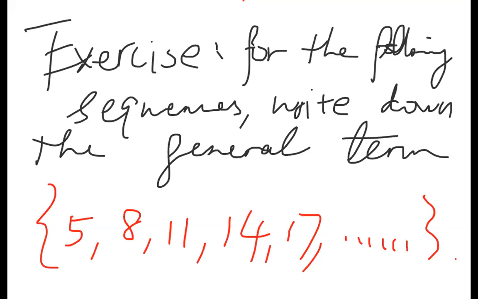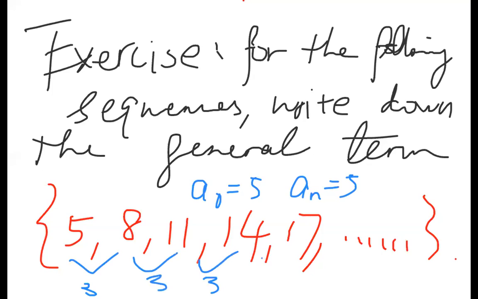So the general term: a0 is 5, an is 5, and the common difference is 3 for this arithmetic sequence, so plus 3n. Now, the next